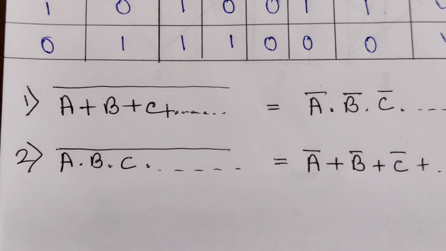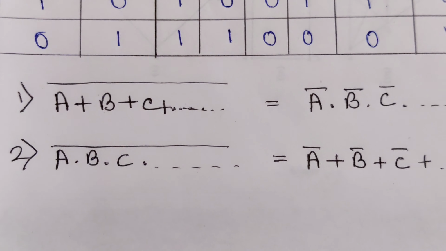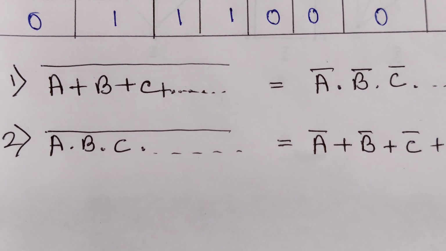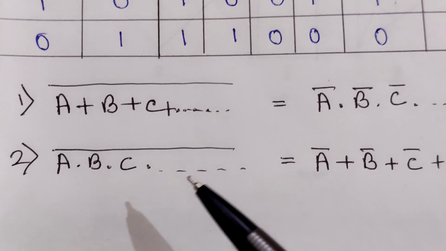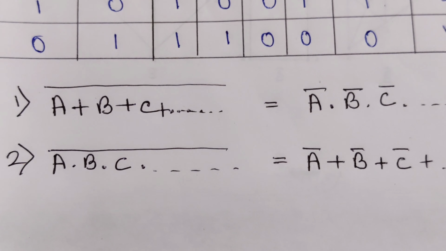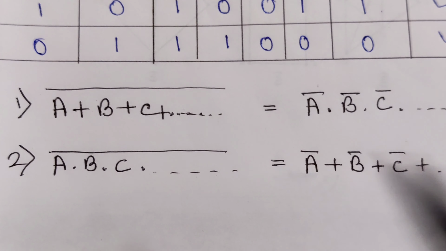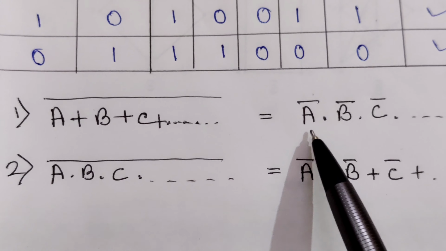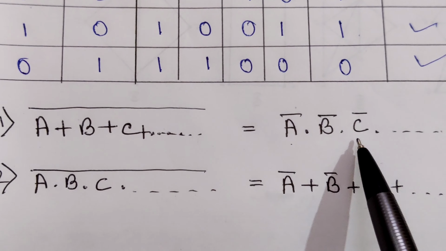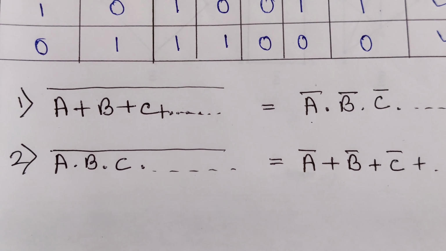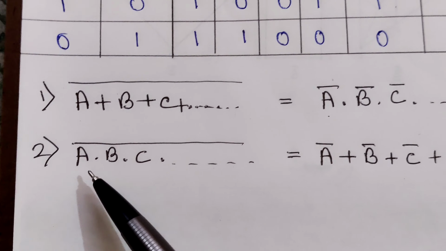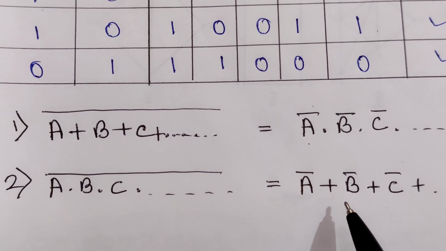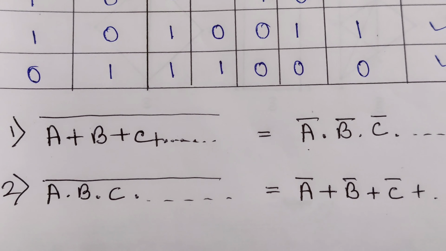Let's think, if there are more than two inputs, like 3, 4, like that, then also De Morgan's theorem will still hold, that I have written here. Say if there are more than 2 inputs, then (A or B or C) whole complement will be equal to A complement and B complement and C complement, like that. In case of this also, (A and B and C) whole complement will be equal to A complement or B complement or C complement, and like that.